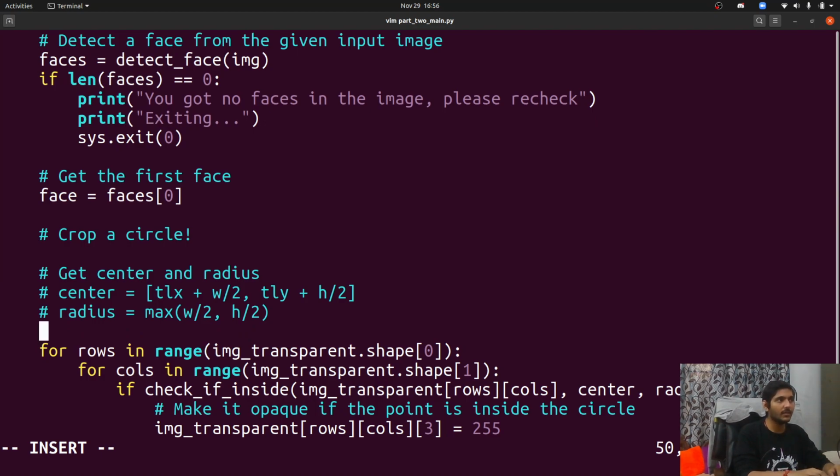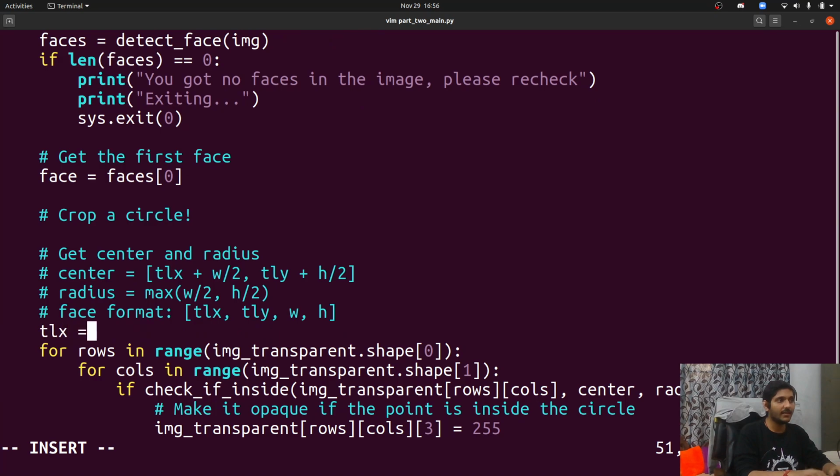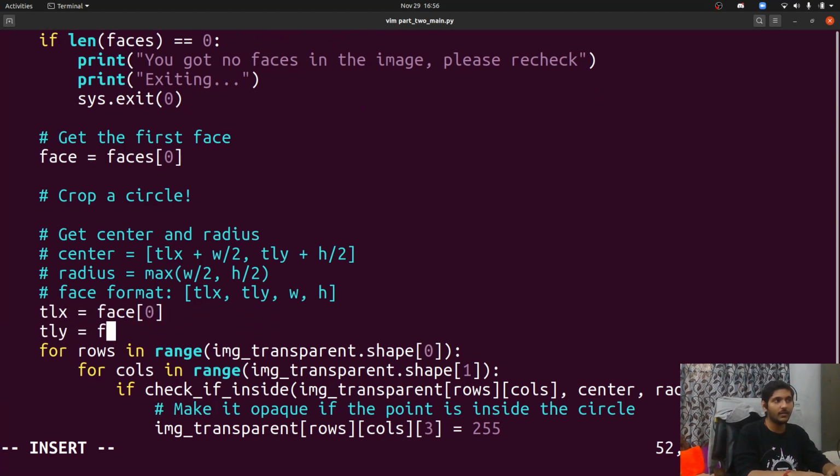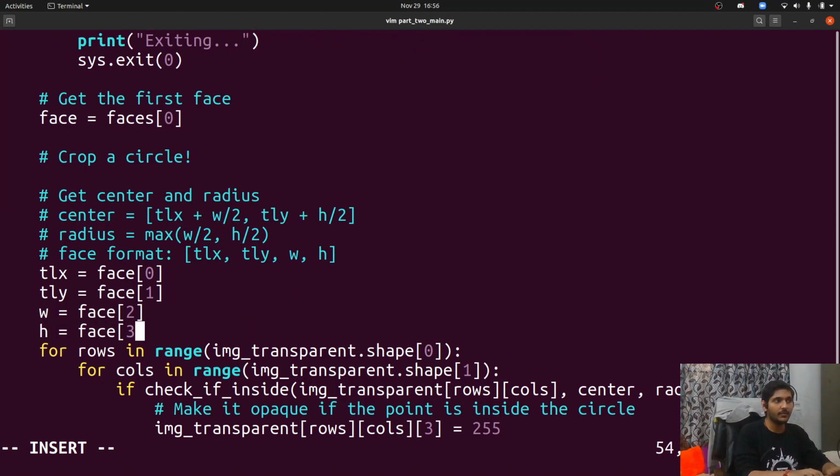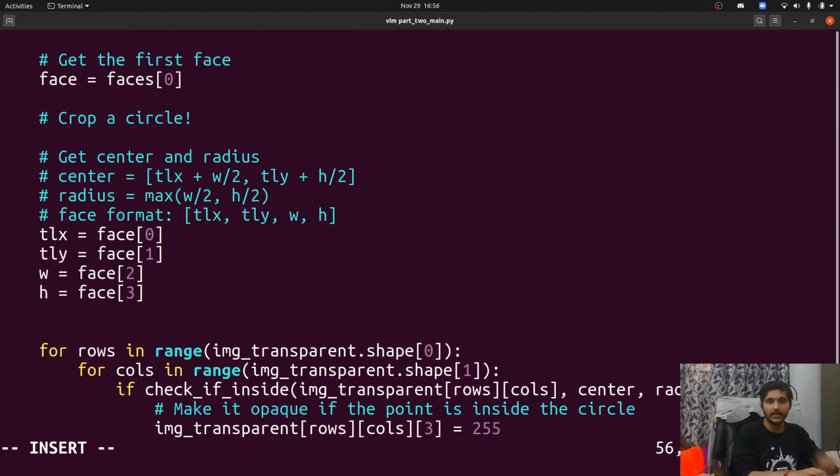All you have to do is remember the face format: TLX, TLY, W, H. So you can just say TLX is equal to face of 0, TLY is equal to face of 1, width is equal to face of 2, height is equal to face of 3. TLX means top left x coordinate, TLY means top left y coordinate, W and H are obvious, width and height.